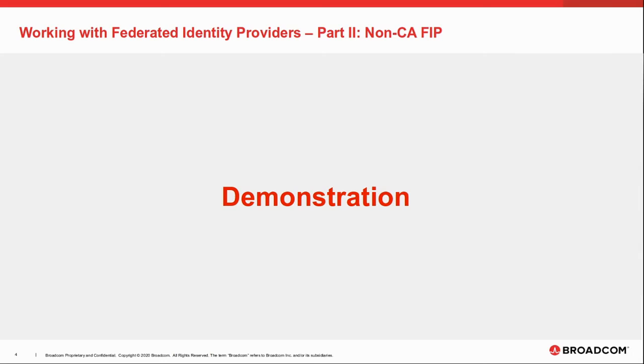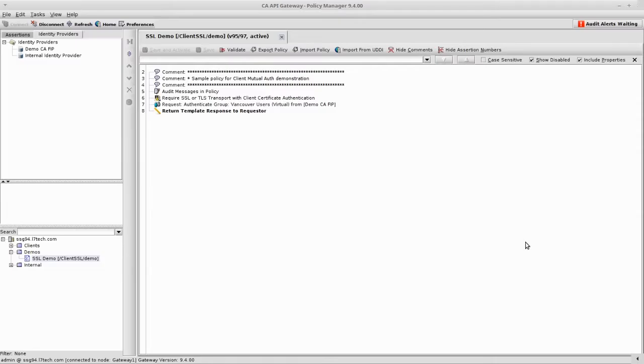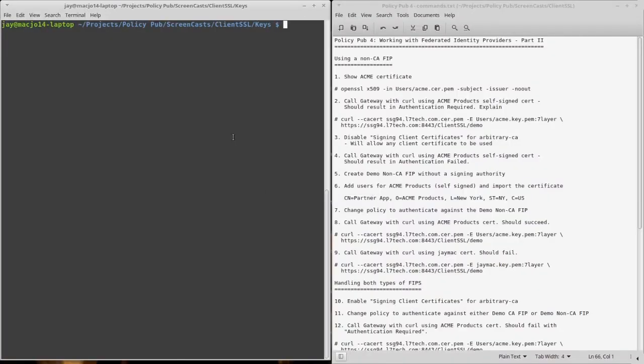So speaking of, let's go to our demonstration. This is how things were left when we finished off the previous Policy Pub. We were authenticating against the virtual group of Vancouver users. Now, in this screen, we have the client represented by the command line, and over here a script that I'm going to use. Now I have this user called Acme,